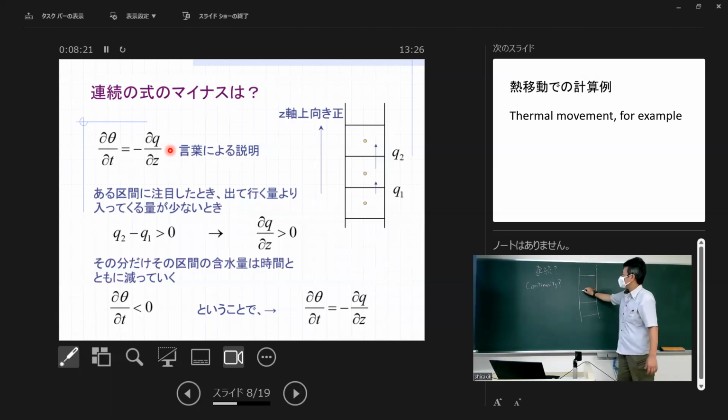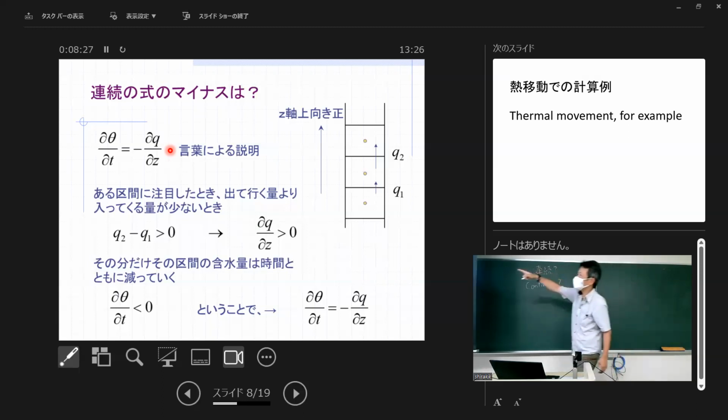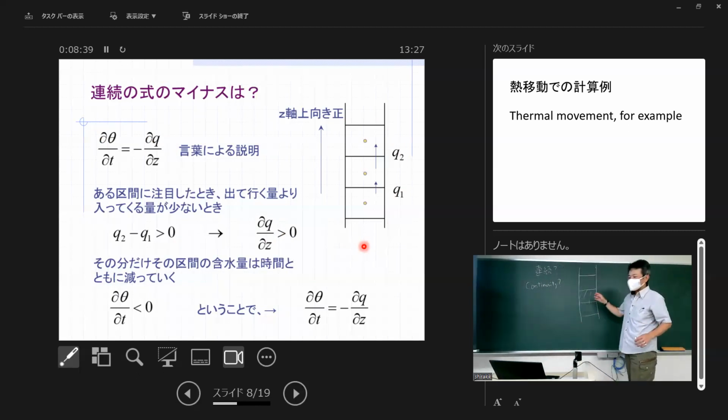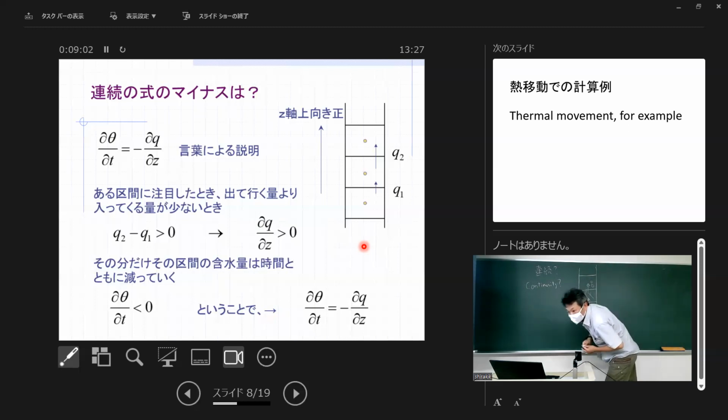So this is some part of the box. This is a soil column. ね、まあ、土のカラムがあって、こんな形か。